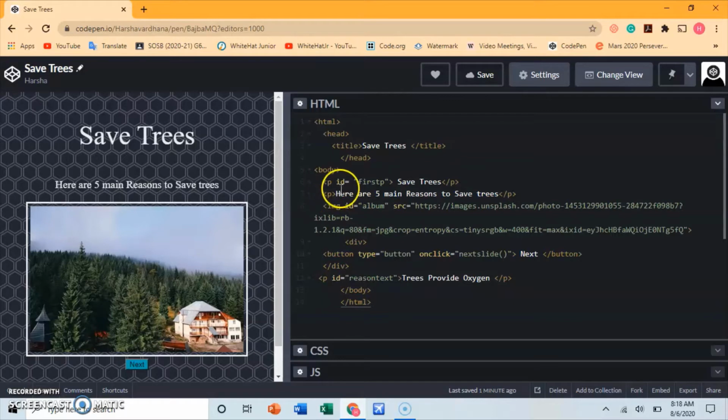So this P ID is the name of this para. So the idea of this thing is first P. That means first, you can set the ID to any name you want, and what is inside that ID is save trees and P. So over here save trees has been shown, so that's saved. Now if you delete this thing and type